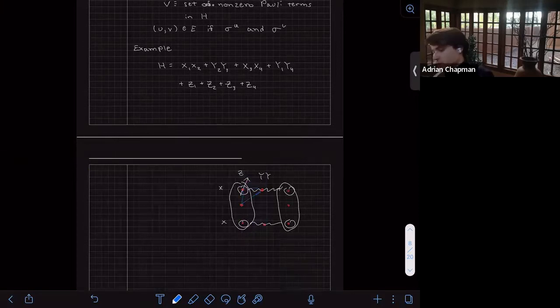And I'll draw this more cleanly in a second. And that's sort of symmetric everywhere. And this gives the frustration graph as